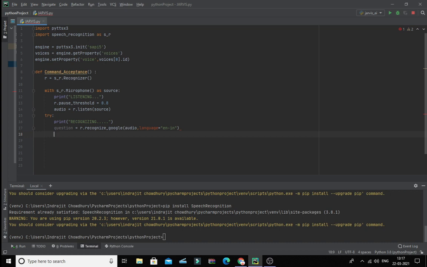In the next statement we will print the query asked by the user. We will write "User said:" and then within brackets we will write the question, so that the user can know his question and then proceed with the program.